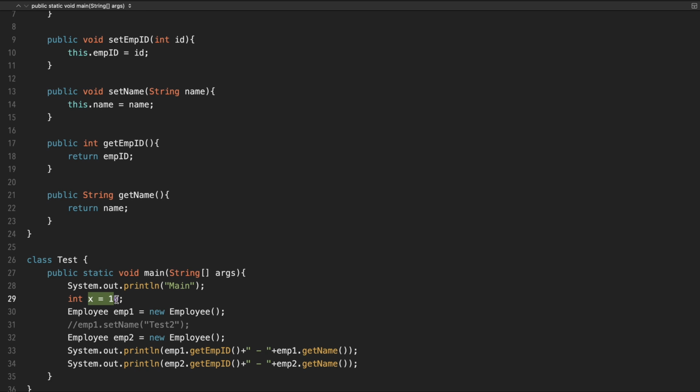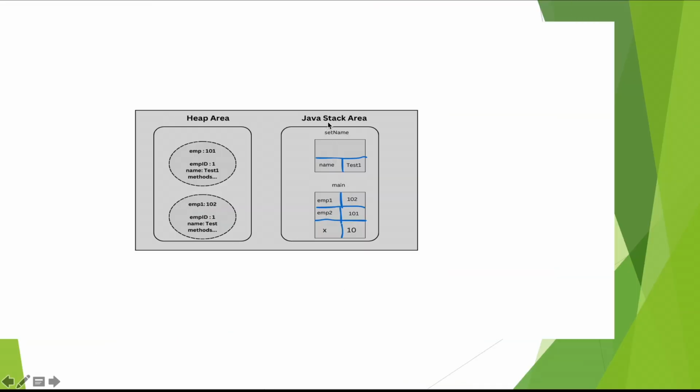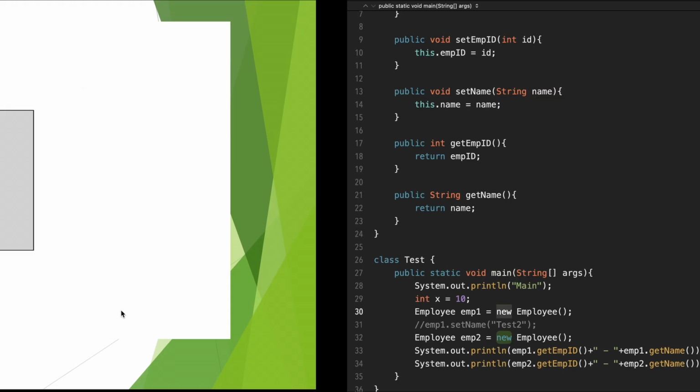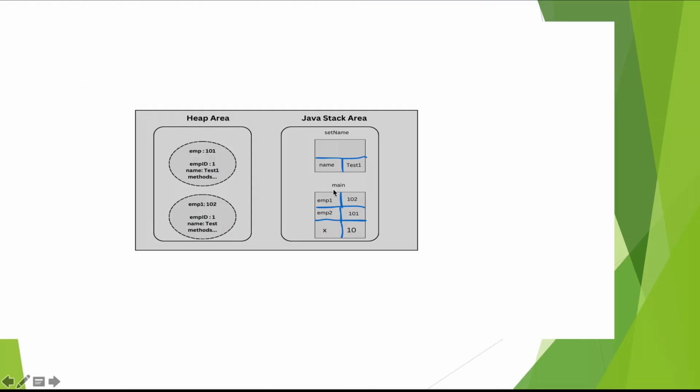Then this local variable will get its value inside the stack frame in the main thread. Inside the Java stack area, one main thread stack will be created, and inside that a stack frame will be created with x equal to 10. After that, the employee one object is created with the new keyword, with reference variable e1. So what happened in that main frame: the employee object reference variable will be assigned here